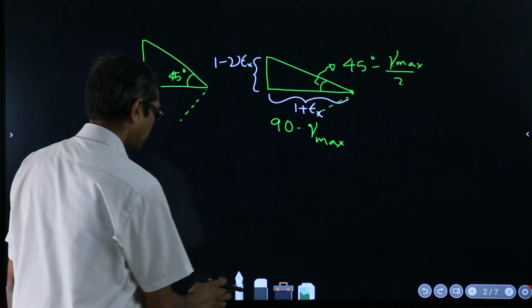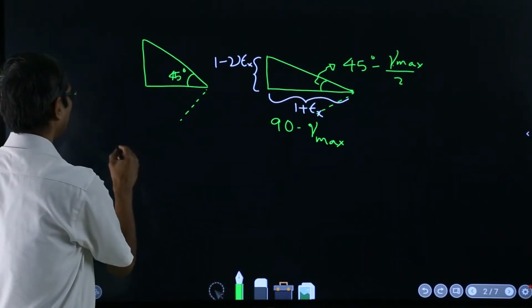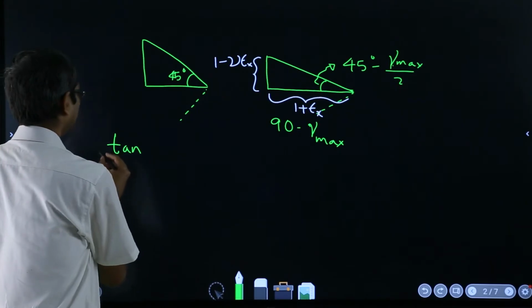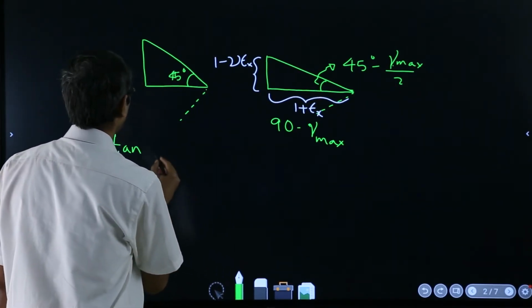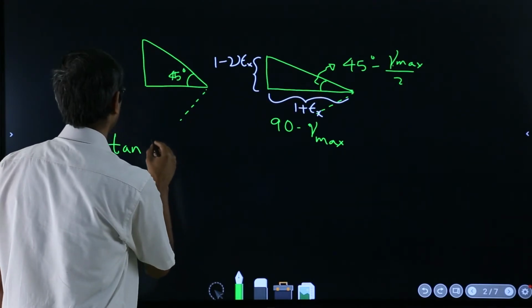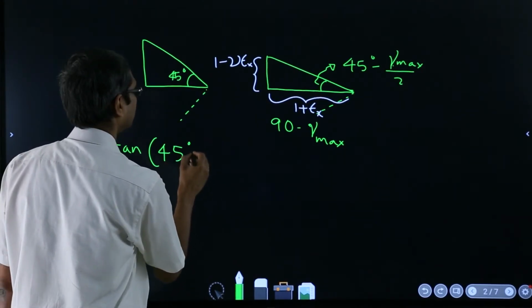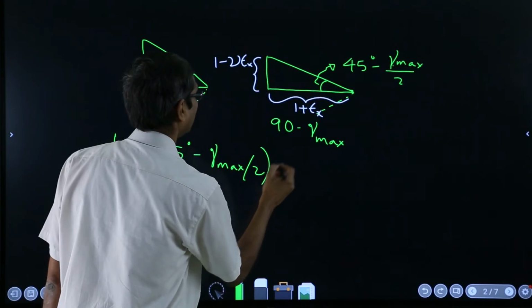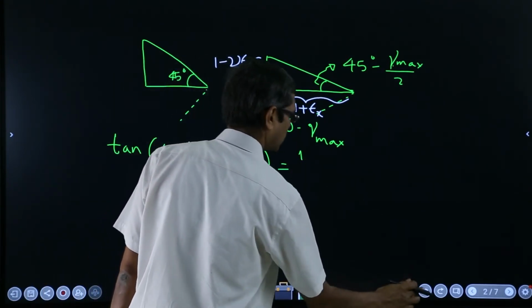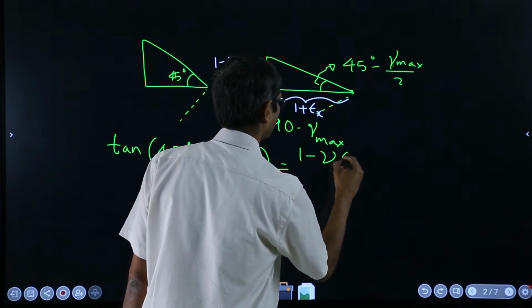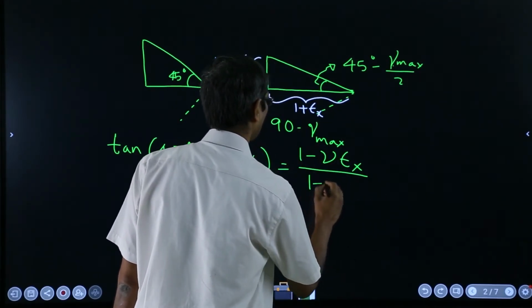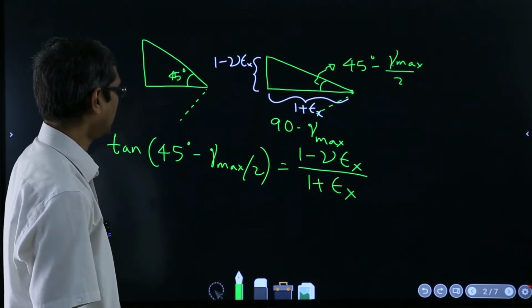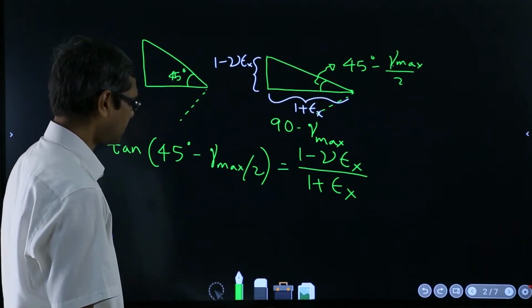So that means now what we can do is we will write, say, tan of 45 degree minus gamma max by 2 is nothing but 1 minus nu epsilon x over 1 plus epsilon x, right? So that's one of the relationships which we get,